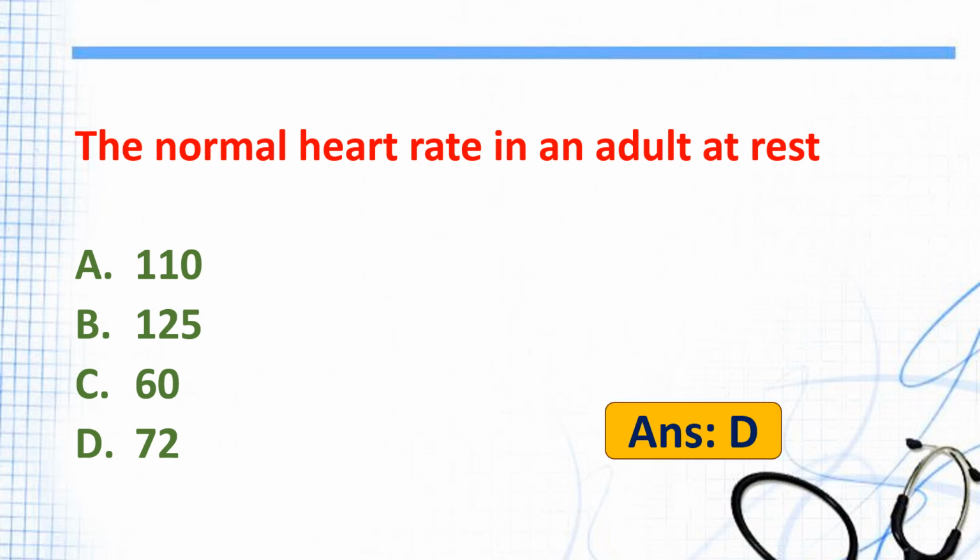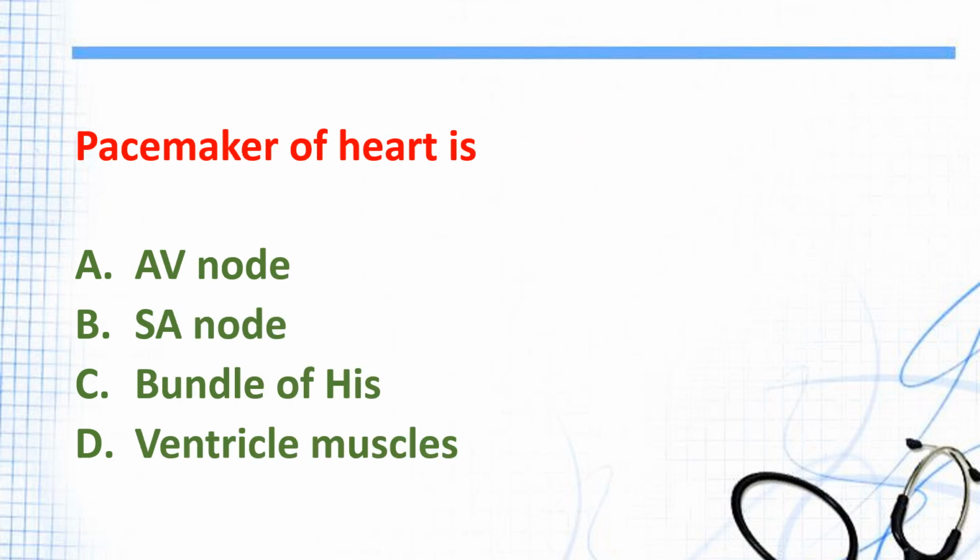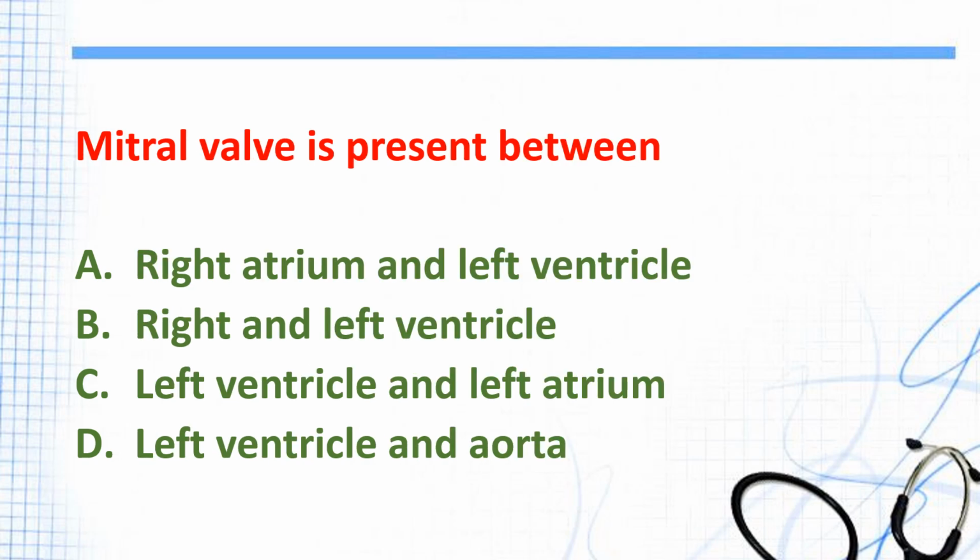D. 72. Pacemaker of heart is A. AV node, B. SA node, C. Bundle of His, D. Ventricle muscles. And the answer is B. SA node. Mitral valve is present between A. Right atrium and left ventricle, B. Right and left ventricle, C. Left ventricle and left atrium, D. Left ventricle and aorta. And the answer is